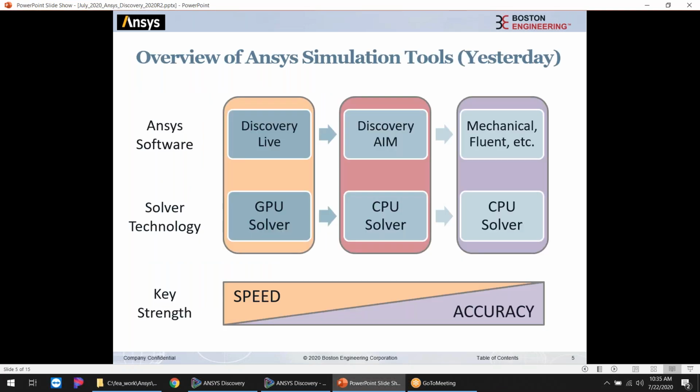Okay, so before I jump in, I want to have a quick discussion about what the landscape looks like for the Ansys portfolio of simulation tools, and how it's changing, and why Discovery is such a big deal. So yesterday, if you will, or all the way up until the new release of Discovery, this is, in a nutshell, what the portfolio looks like. And those of us who have joined us for some of the previous webinars will recognize this, but basically we have a full